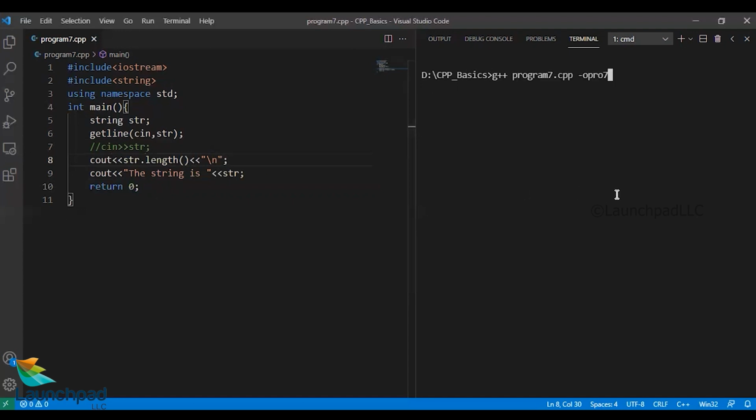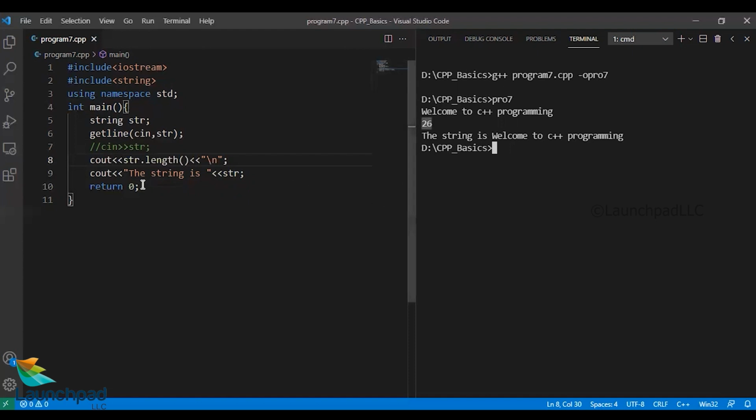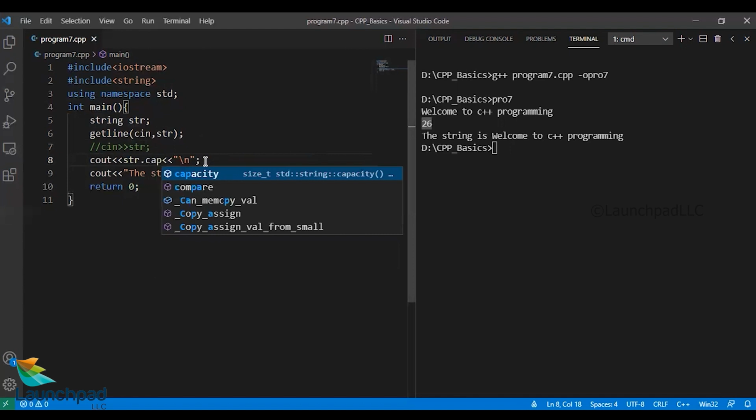Clear the screen, compile it, run it again. Welcome to C++ programming. It quickly prints the length of the string in it, which is 26. So length is a built-in string class function which is used to print the length of the string. And let us have a look at the capacity.